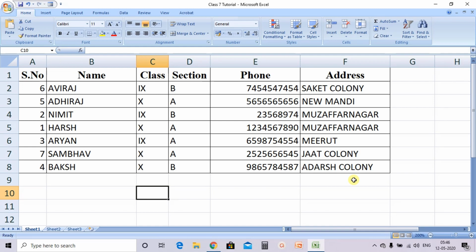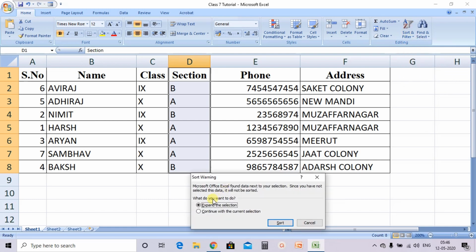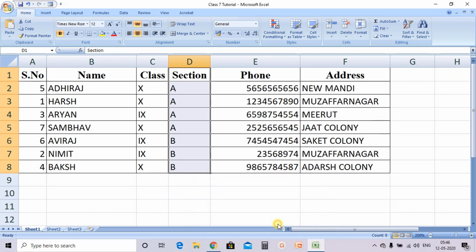If from the complete data you select only one column, suppose I am selecting the section column, and I go to sort and filter A to Z, then it will ask again whether you want to expand the selection so that everything adjusts itself, or continue and sort just this particular column. So I want to expand the selection. Okay,